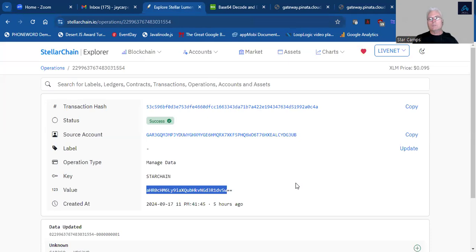degree of assurance that you're connecting with the person or machine or whatever you're interested in connecting with, there's a higher degree of assurance. And part of that assurance is that it's gone through a set of, let's say, authentication steps that are provided by StarChain.